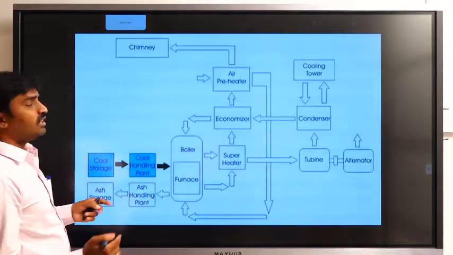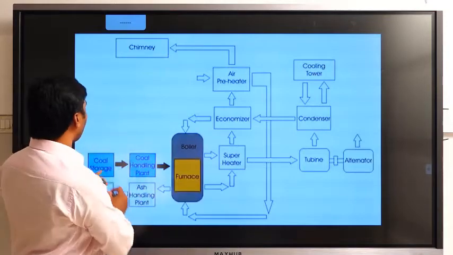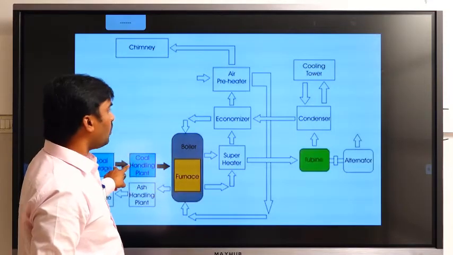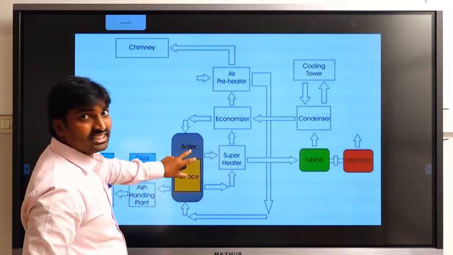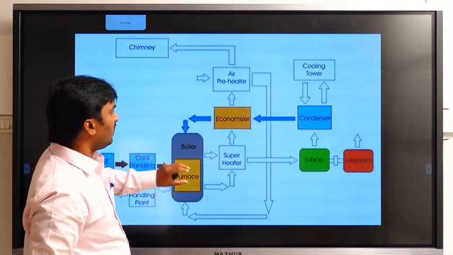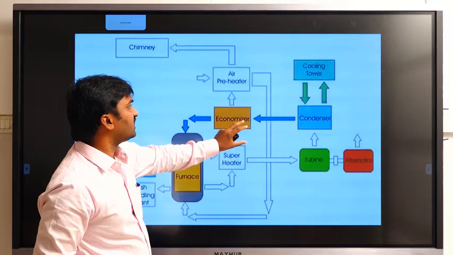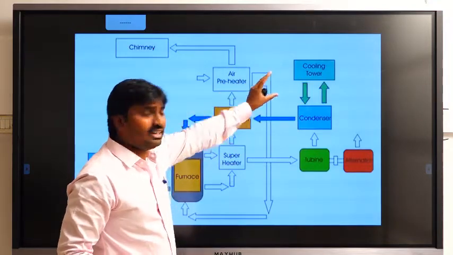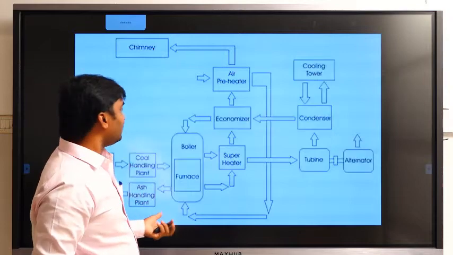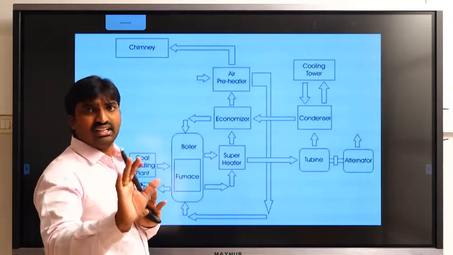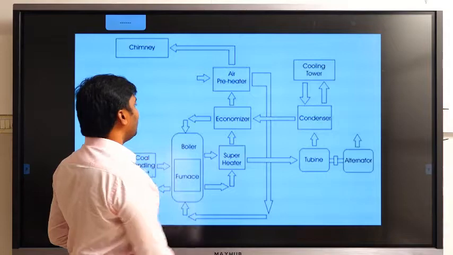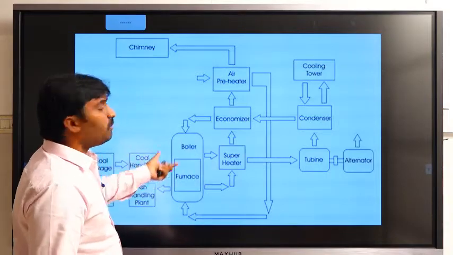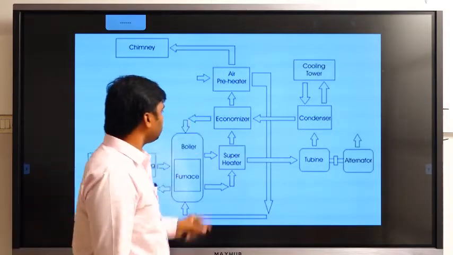So we see here total 7 considerations. One is the coal storage plant. Okay, coal handling system. Next one is the steam generating arrangement, and next one is the power generation, and next one is the condenser process, and next one is the cooling water arrangement, and the last thing is the ash handling arrangement. So these are the 7 arrangements as we have discussed earlier. So see here, one by one we can explain once again.